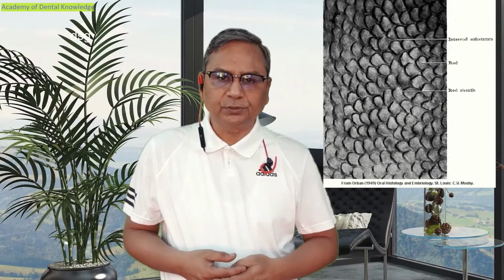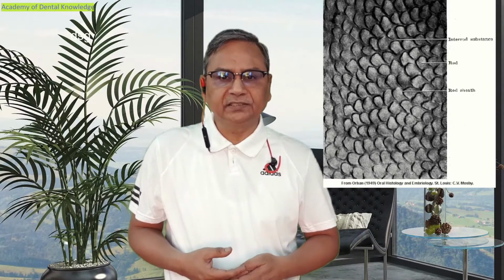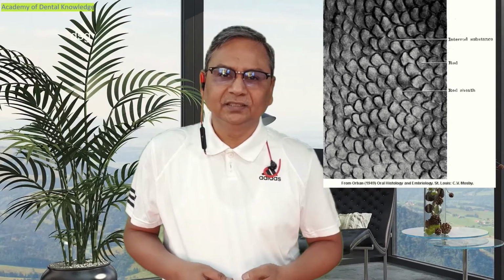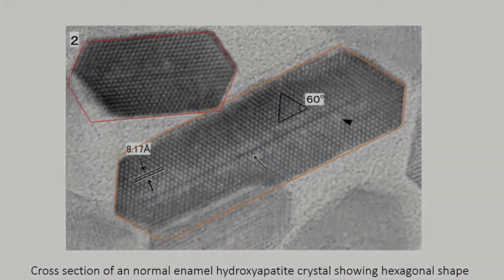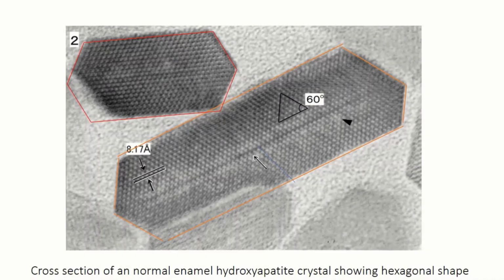The crystals are so tightly packed that enamel gets a glass-like appearance and appears translucent. This is the reason that it allows the color of dentin to shine through it. Here, you should know that even though the crystal packing is very tight, each crystal is actually separated from its neighbors by tiny intercrystalline spaces or pores. These spaces are filled with water and organic material.